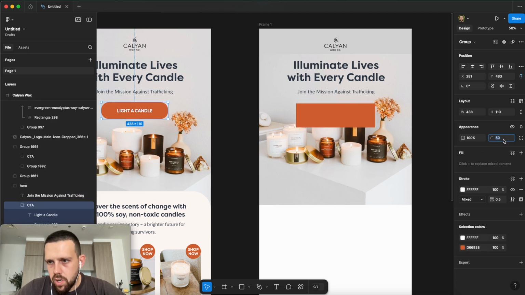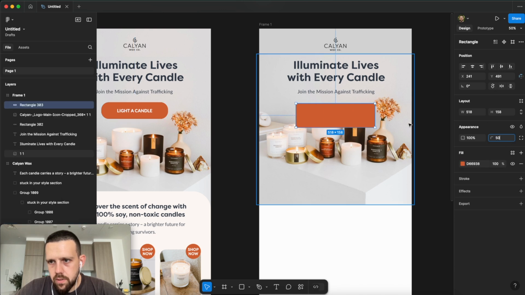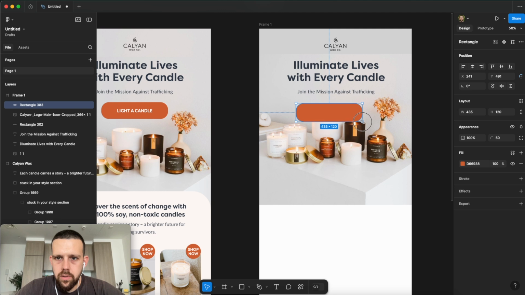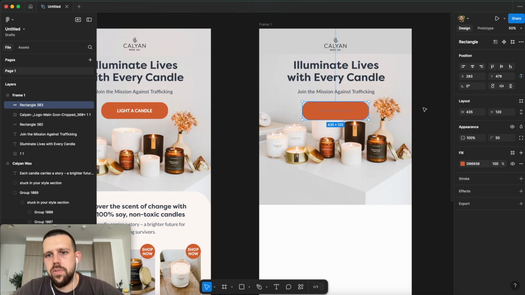Let's just see the roundup here. So it's 50. Let's do it 50. Let's make it smaller like this. Let's align it. There are some position tools here that you can use, so you can be 100% sure that